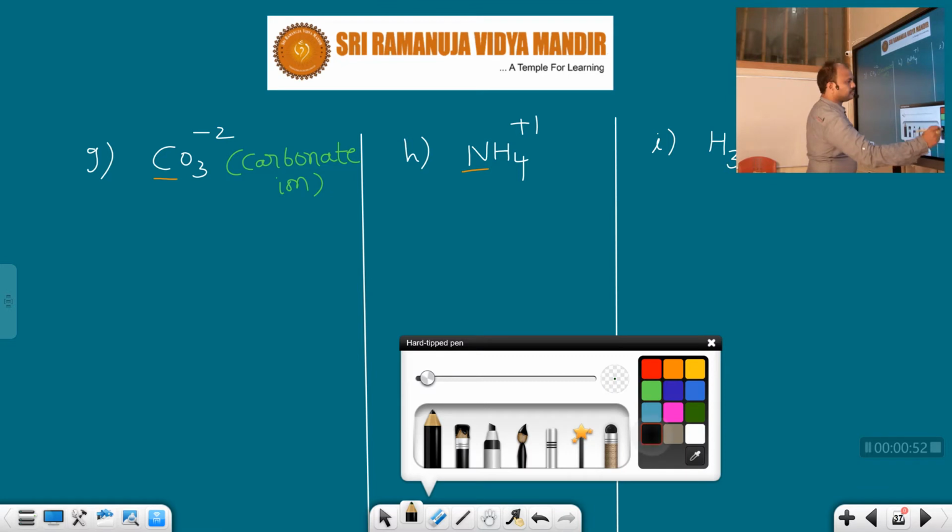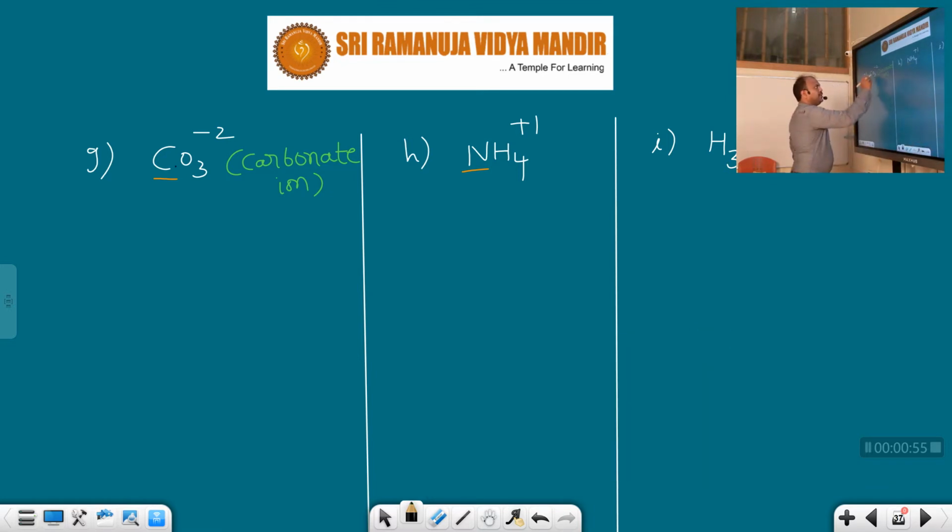Take a look here. How many carbons are present in it? You know very well, one carbon. How many oxygens are there? Three oxygens. The sum of the oxidation numbers of all atoms in a given compound or ion should be equal to its charge. Here the charge is -2. So we have to find the oxidation number of carbon, because I put the underline with respect to carbon. That's why we don't know its oxidation number. At present we don't know, so say X. Carbon oxidation number is X.